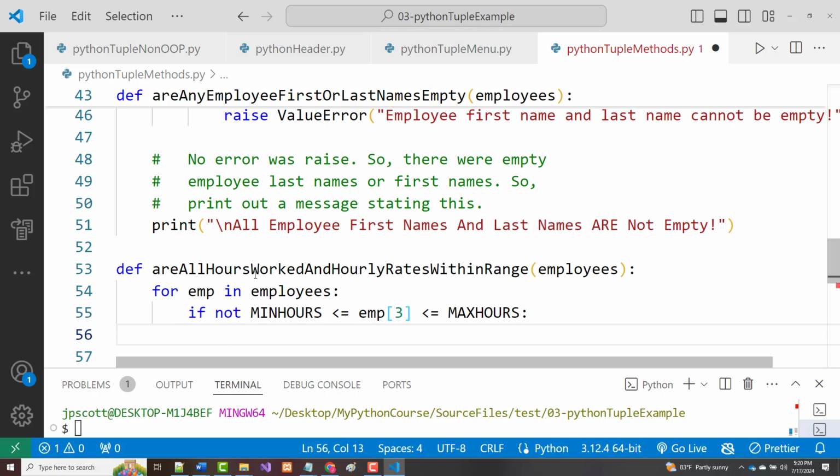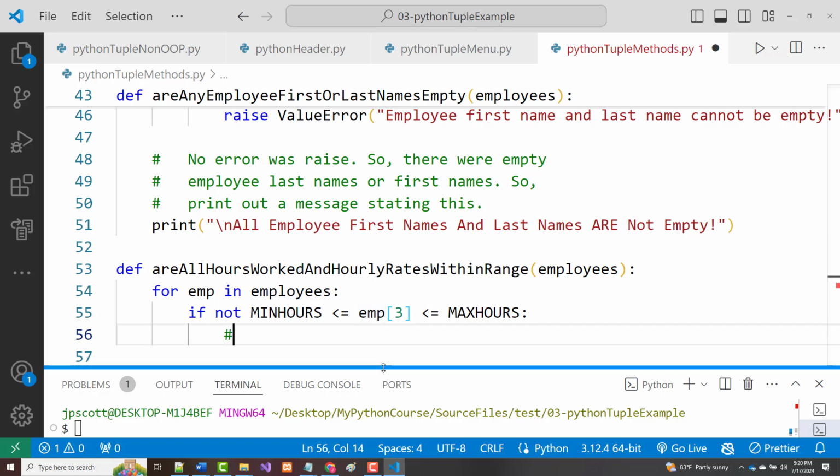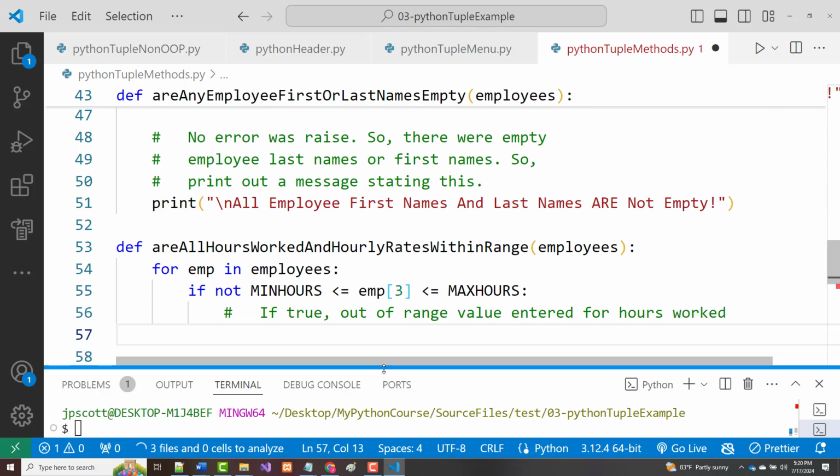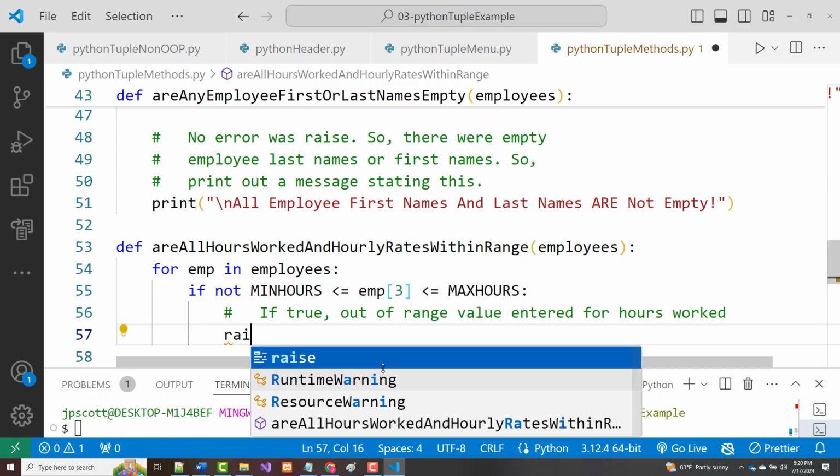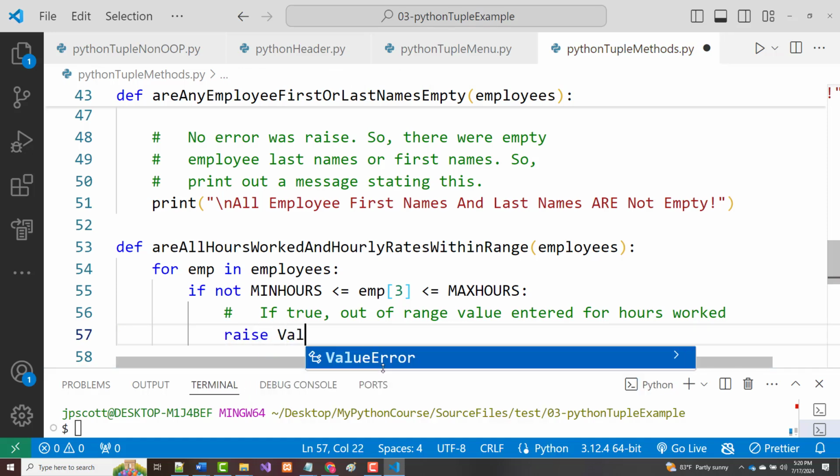If that's the case, we've found something that was out of range. All right, so if this is the case, so if true, out of range value entered for hours worked. So if that's the case, we will raise a value error